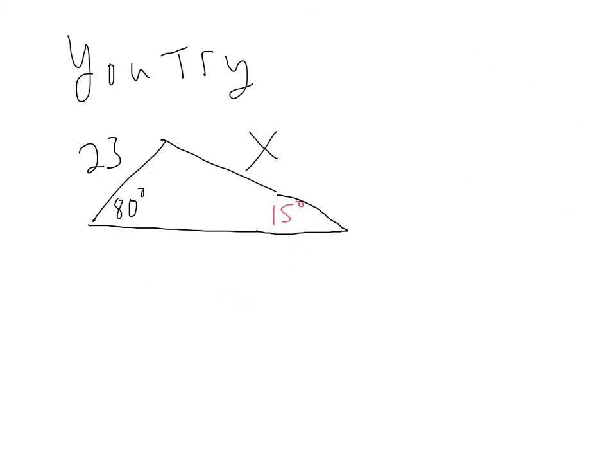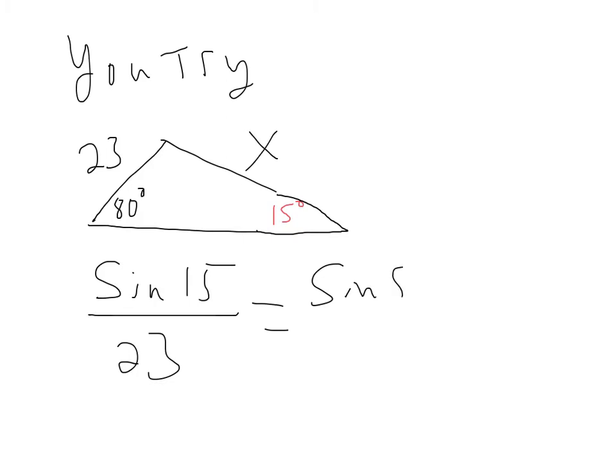So I'm hoping that you actually tried this, not just watching it. So I see I've got an 80 degree angle opposite my unknown side, and I know an angle of 15 degrees is opposite the 23. So the law of sines just says, take the sine of 15 degrees, divide that by 23, and that'll be the same as the sine of 80 over x. So on our calculator, we just do 23 times the sine of 80,